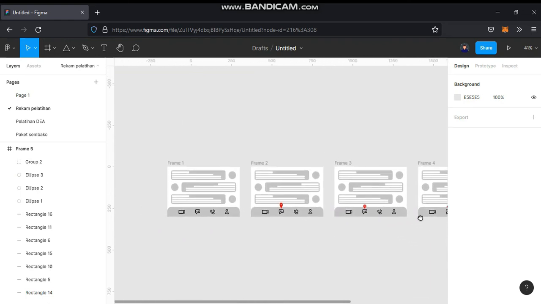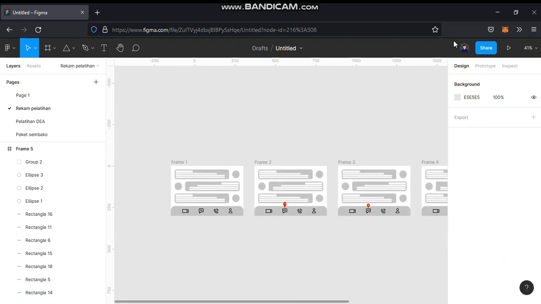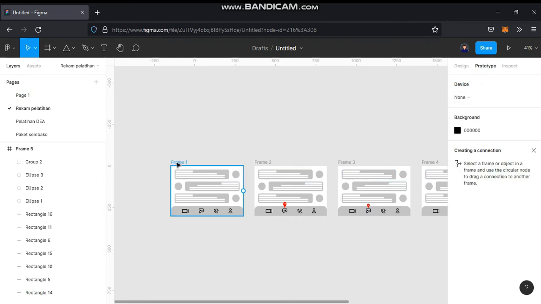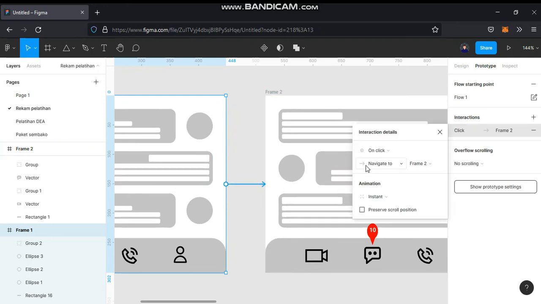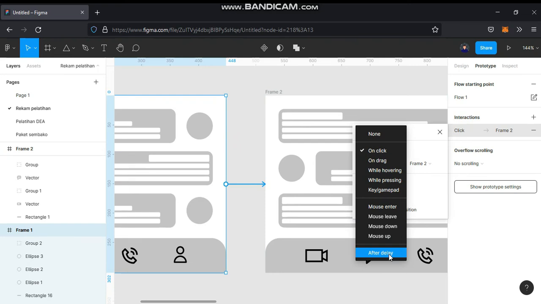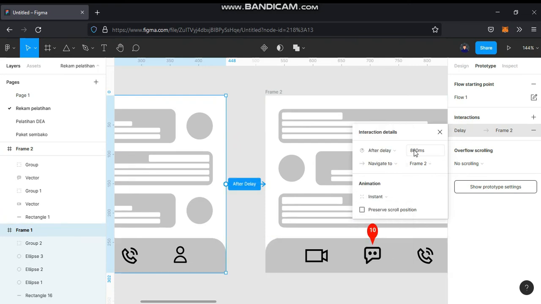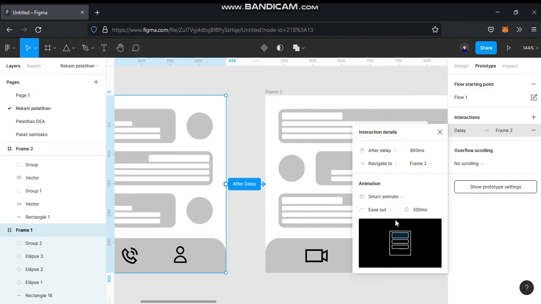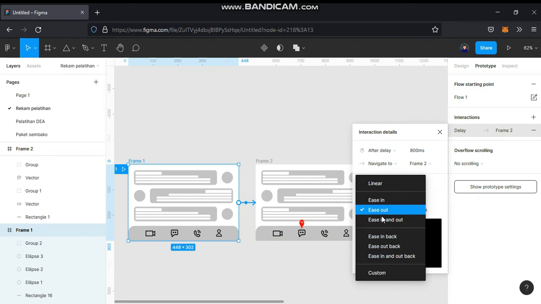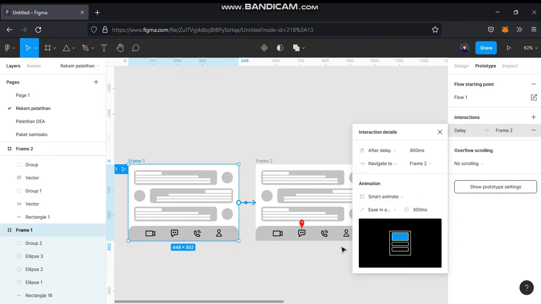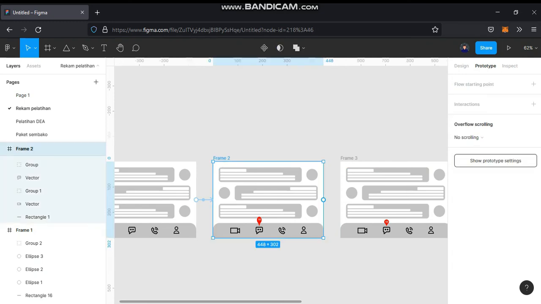After that we make a prototype on this frame 1. You can follow my prototype steps. After delay and phase, 18,000 and smart animate, don't forget ease in and out. After that, prototype frame 2.